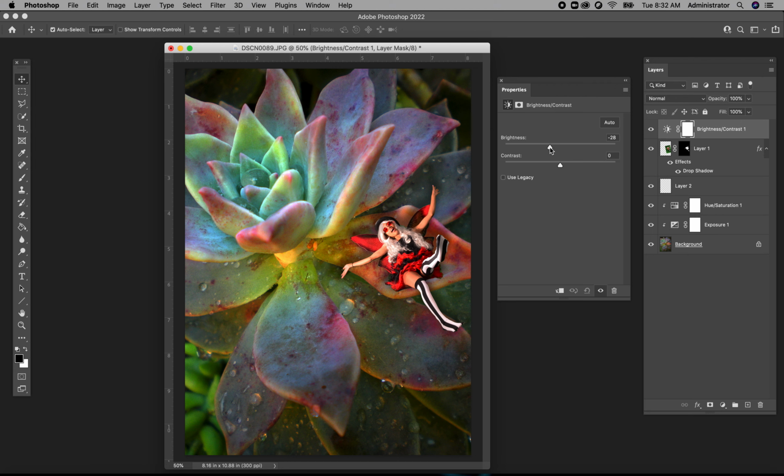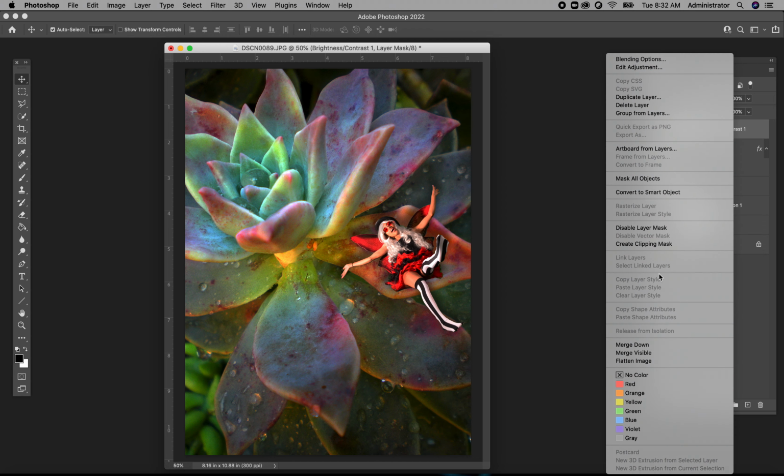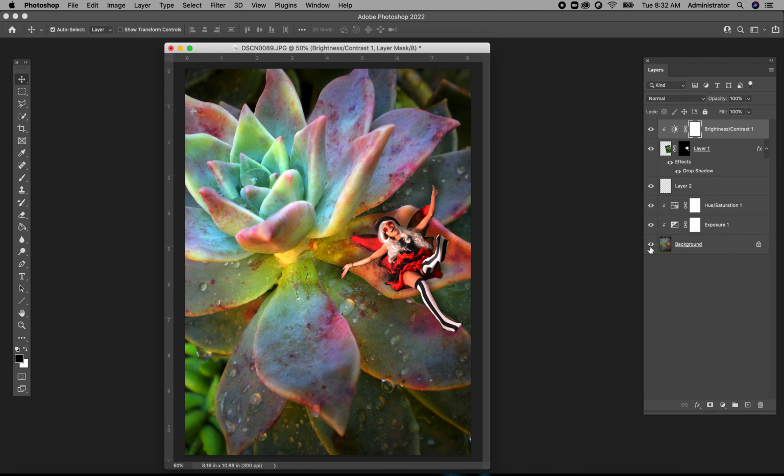Now we're just looking at her. I know it's impacting the whole image, but we're just going to bring it down. There we go. That looks pretty good. And then Control, create clipping mask. There we go. So now another thing, I don't really care for the red in her outfit being that bright